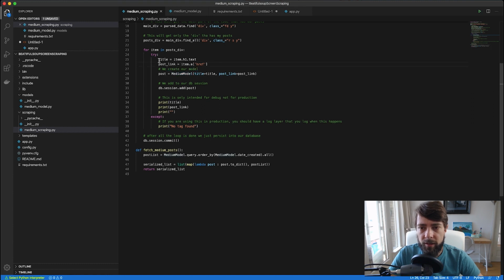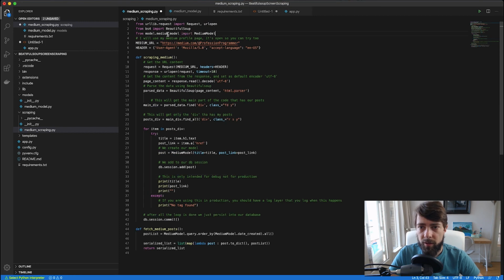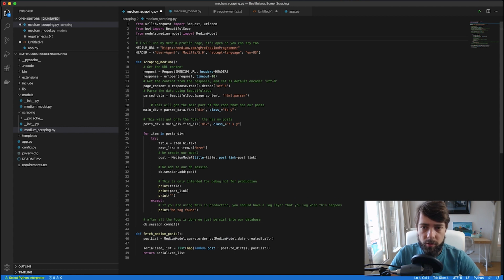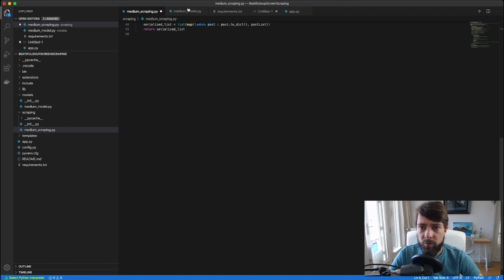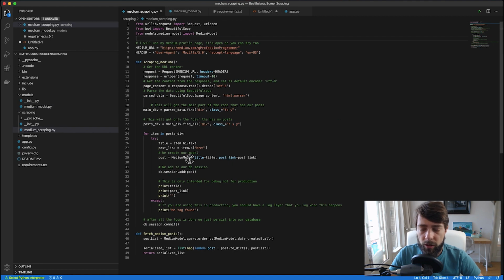After I created the medium model, I got the title and post link. One thing that you should not forget is to import, of course, models. Okay, nice. I have my medium model being exported, remember? Then we create a model, and of course it's after here because if anything goes wrong here, it will crash. You're going to go to the exception and it will not create it. We use the